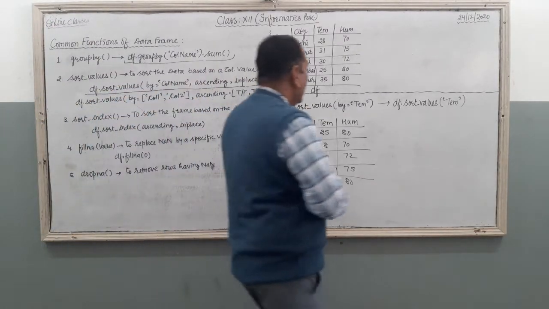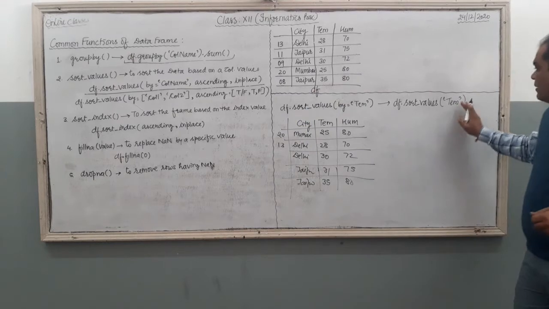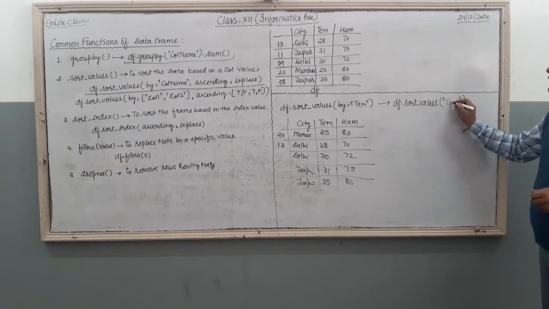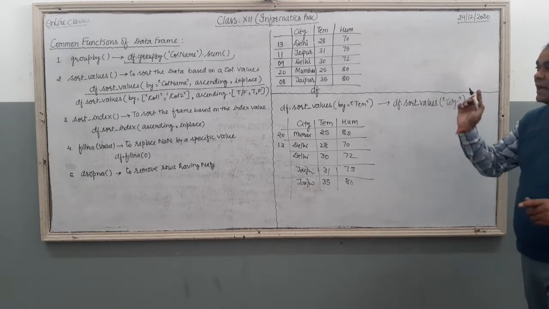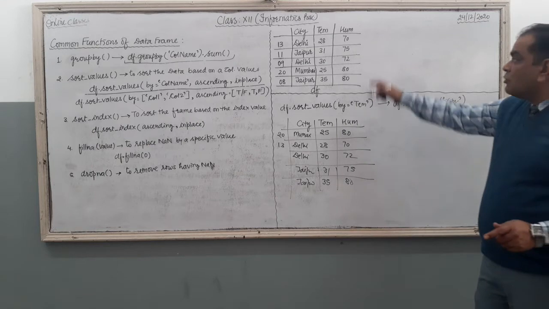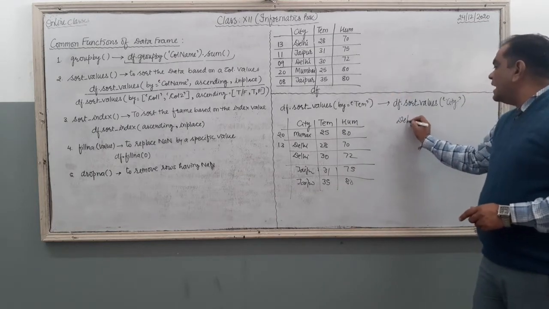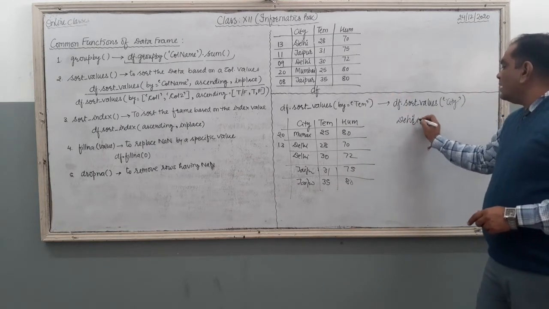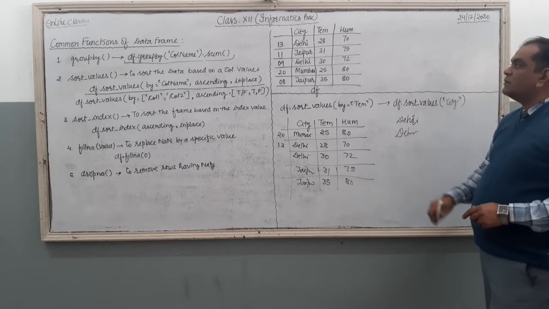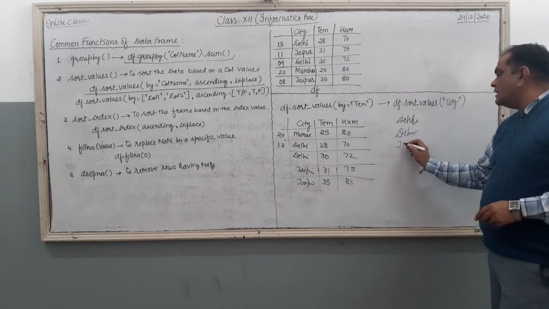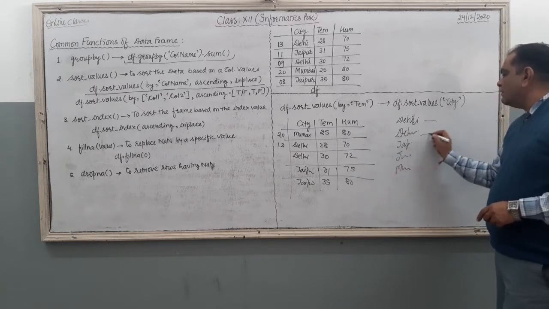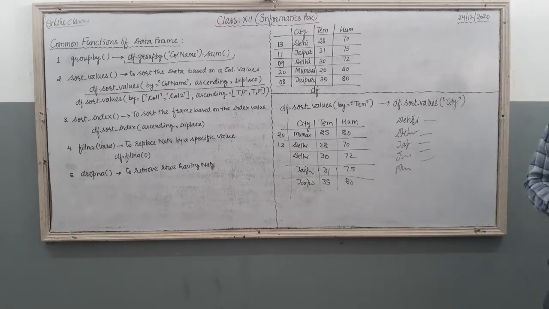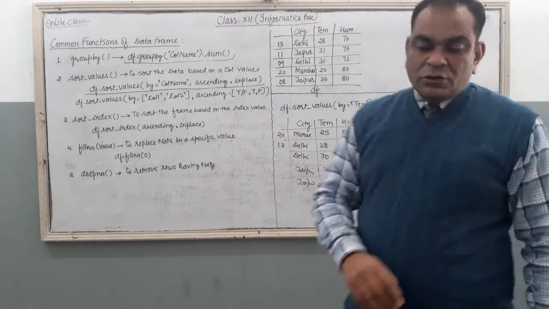Now just see, if you are going to sort the data frame by using the city column, then what will happen? The computer is going to conduct the sorting by default in ascending order. So here, ascending order means Delhi: all the records of Delhi are there. Then just after Delhi, Jaipur records are there, then Mumbai records are there with the respective column values. Right? So here it is the sort_values command.